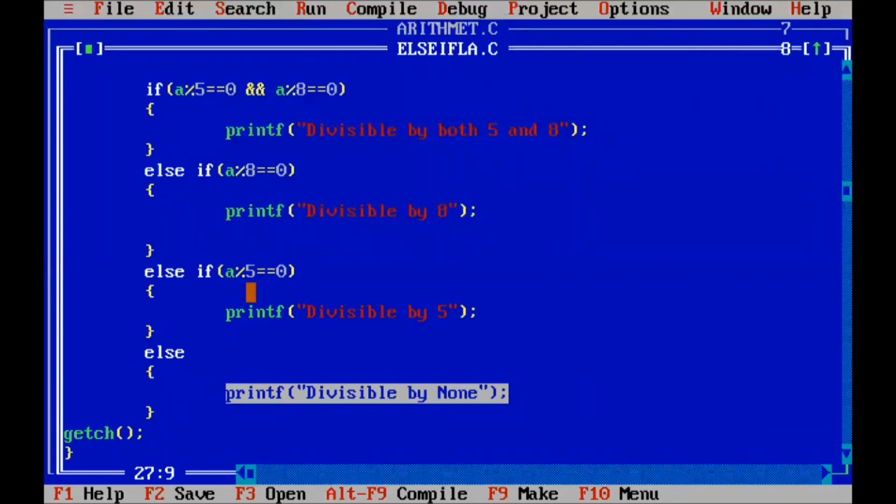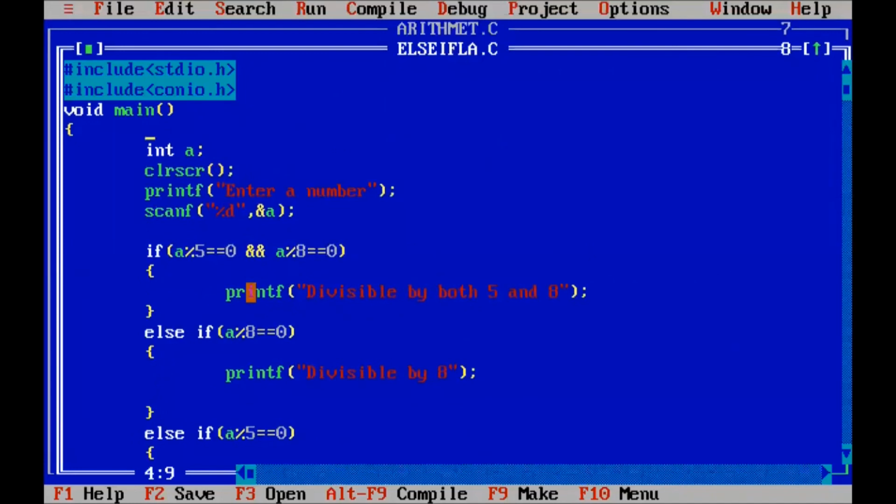So you have understood all the logic, because I have explained each and everything of each program. Here one more time we also explain. In this program we take integer type value a, and this clear screen function is used to clear the screen.